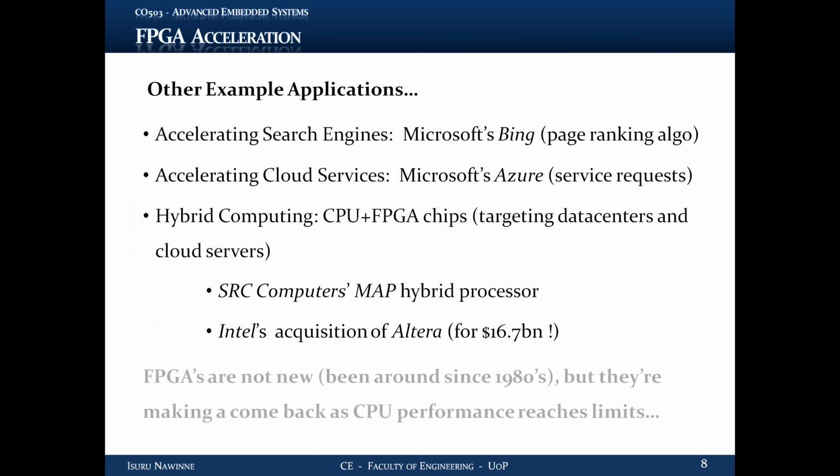And then hybrid computing is a new paradigm emerging in the last few years, where CPUs and FPGAs are used in parallel on the same chip. Right? Part of the chip is an FPGA, while the other part is a CPU. So again, these are targeting data center and cloud applications. So these hybrid processors are in the market now, and